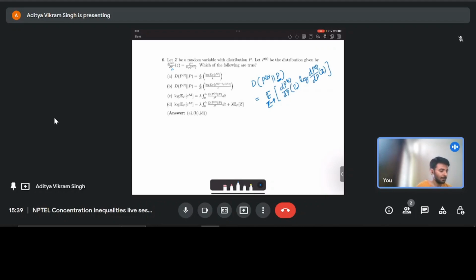Okay, and we know that this is... I'll write E_P here so that you know that Z is coming from P, and it's just e^(tZ) by, I'm just substituting this thing here which is given in the question, times log of e^(tZ) by,